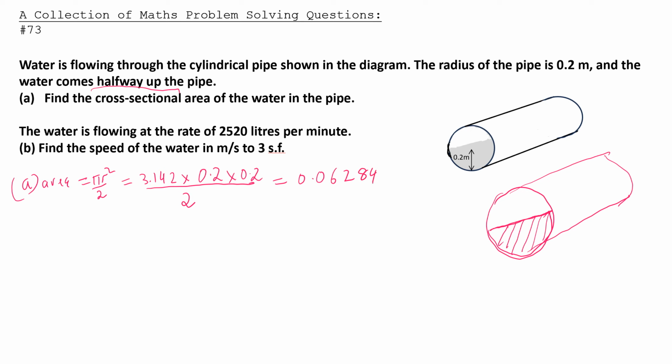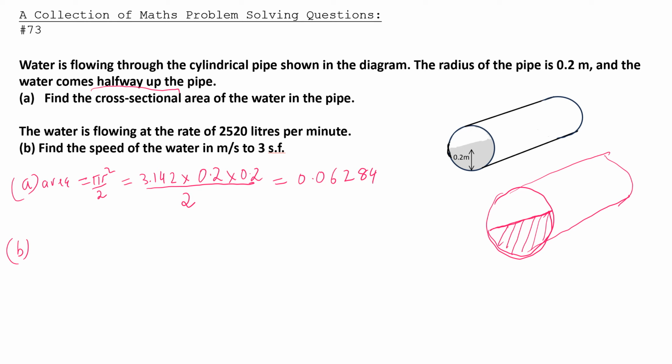I'm only using a 9-digit calculator, so you might get more accurate figures if your calculator is scientific. So then this is A. Then for part B,